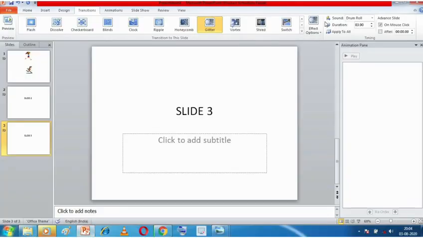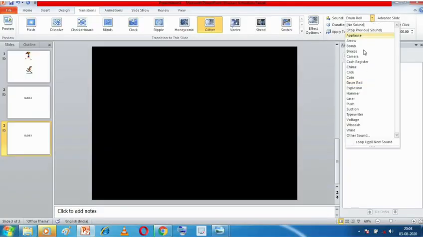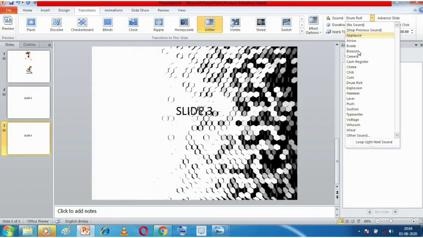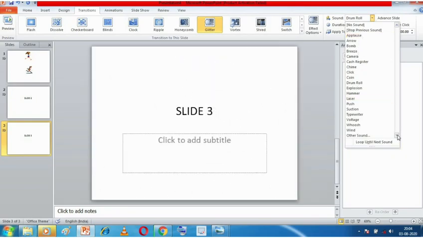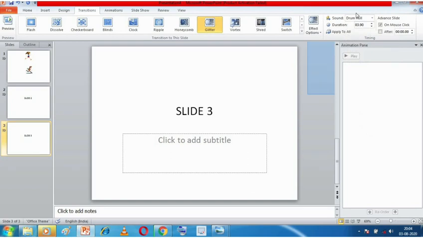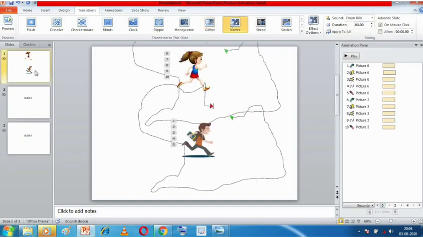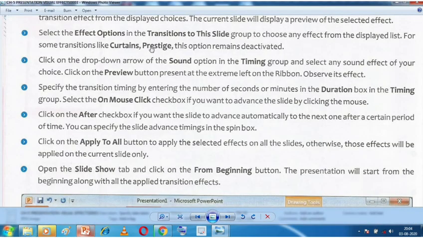So you can select whichever sound effect you want. You can select Applause, Arrow, Bomb, whichever you like. You can choose from this list. Okay, so this is about adding sound to your transition effects.